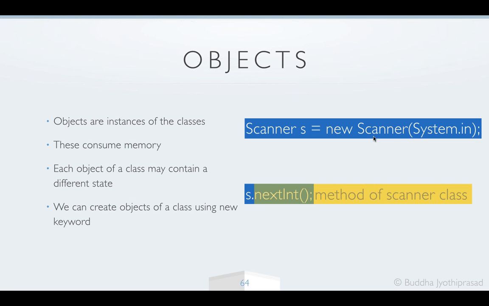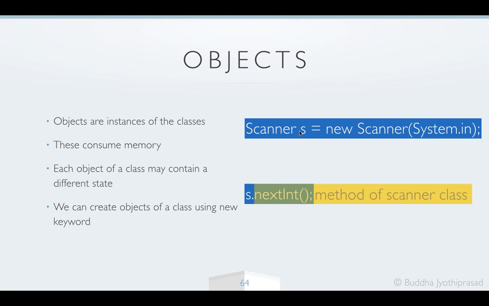So it will be remembering where it has to read the data from, because we have passed in that data when we are creating the object. Assume that we are creating another scanner object that actually has to read from a file. So we can create a file reader and pass it to the scanner. But that's not a topic for us to cover now. When we come to IO, then we will cover those things.